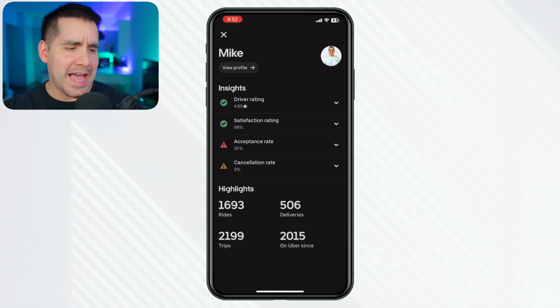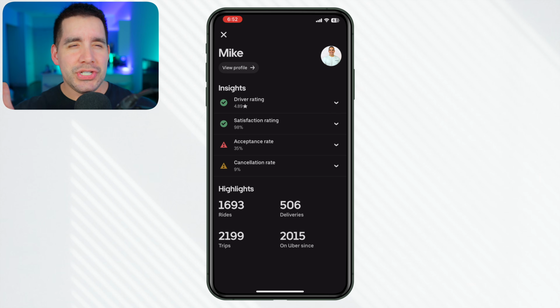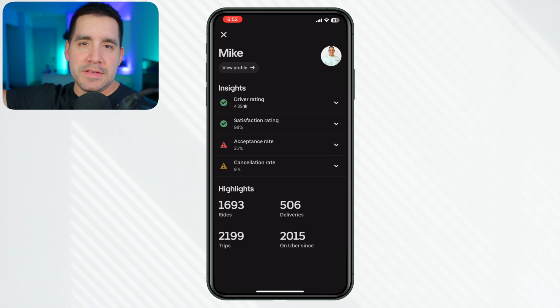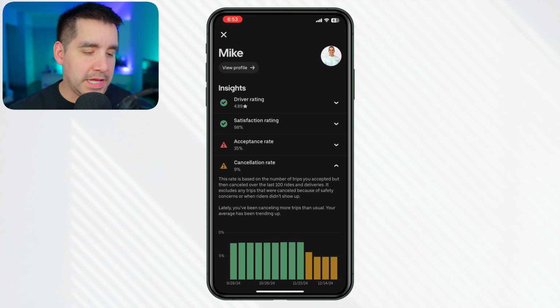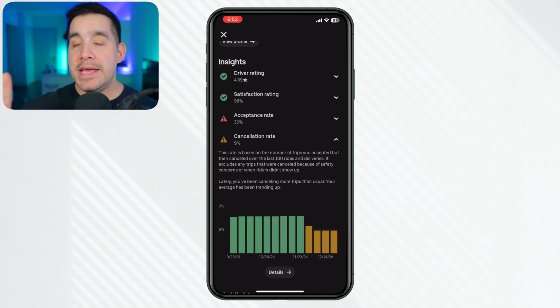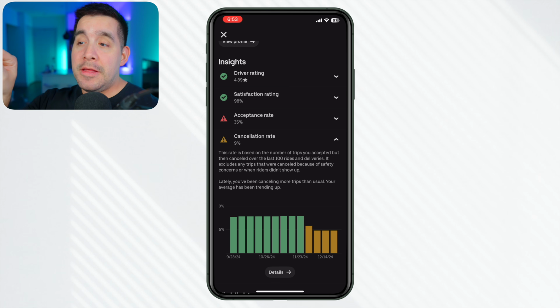It's red. It looks bad. It has an exclamation point. You're not going to be deactivated. You can't lose your account just for having a low acceptance rate. That's just a percent of times that you accept a prospective offer that the app sends you. Now, cancellation rate here you do want to be smart with this. You don't want to accept an offer and then cancel it. If you do that too much on basically any gig app, that can get you deactivated or lose access to